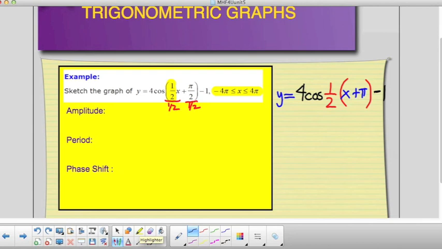Okay, so the amplitude, which is also equivalent to vertical stretch in this case, my amplitude is my A term. So my amplitude is going to be equal to 4. Remember from last year that period is how long it takes to complete one full cycle. And my formula for period is 2 pi over